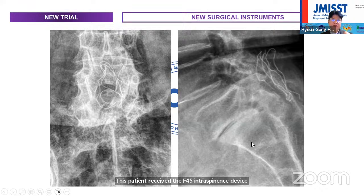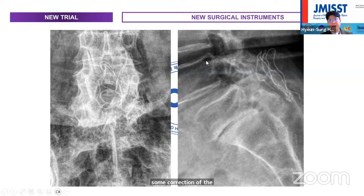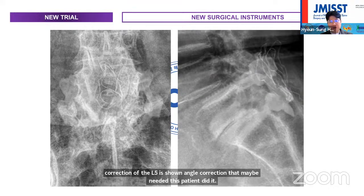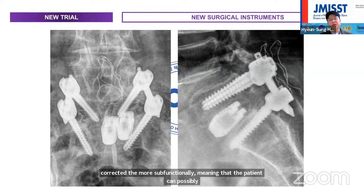Because of that, this patient needs some correction of the L5S1 angle. Using the chronic adhesive disc drilling, we can get an excellent clinical result with a large angled cage. That means the spinal alignment is also corrected more sufficiently, meaning that the patient can more sufficiently return to their